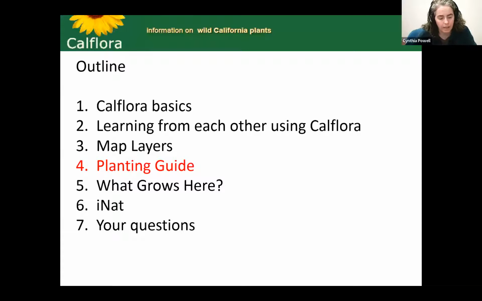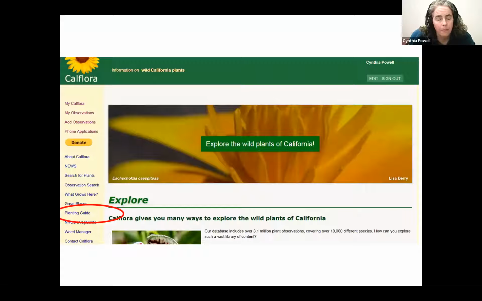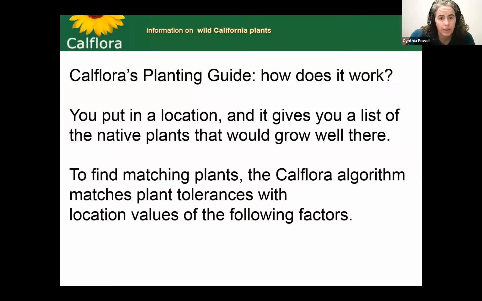Okay, the planting guide. So from the homepage, and I'm talking about this because so many of you were asking about garden plants and planting in your garden. So how does it work? You put in a location and it gives you a list of the native plants that would grow well there. To find matching plants, the Calflora algorithm matches plant tolerances, like what can it tolerate in terms of heat, in terms of elevation. The plant tolerances with location values of the following factors: